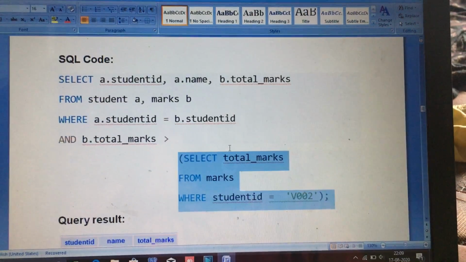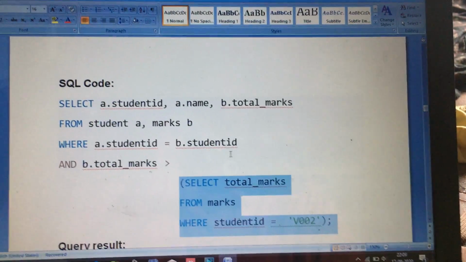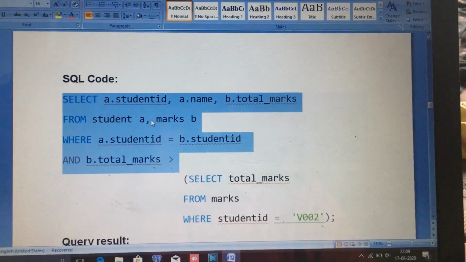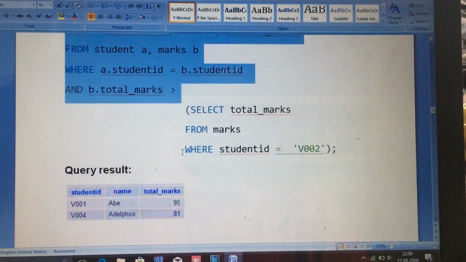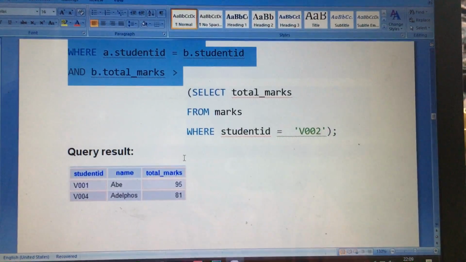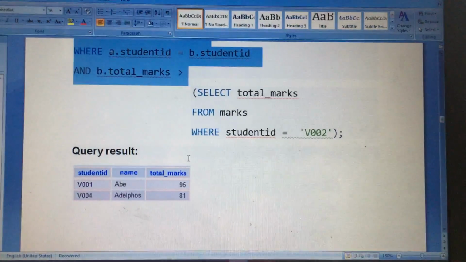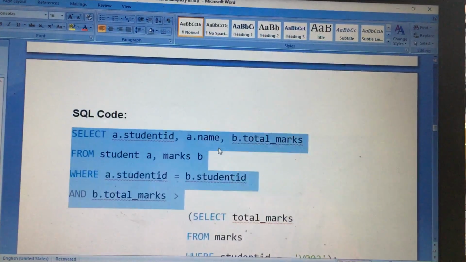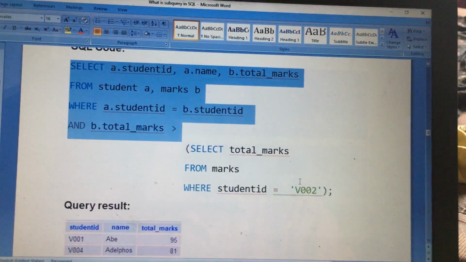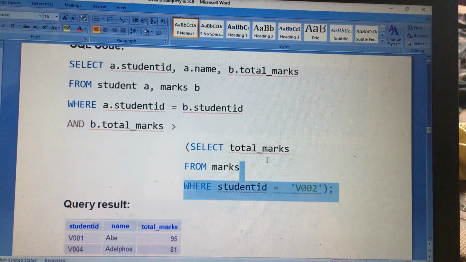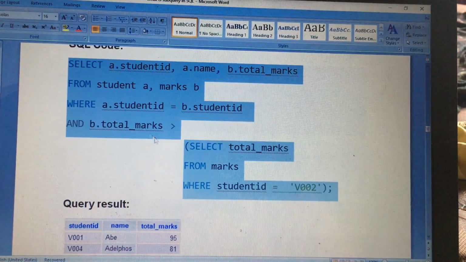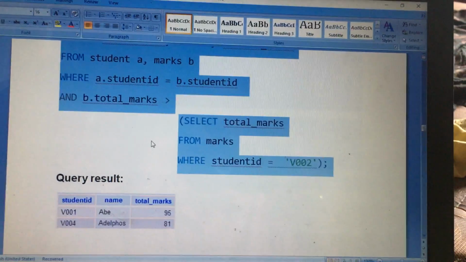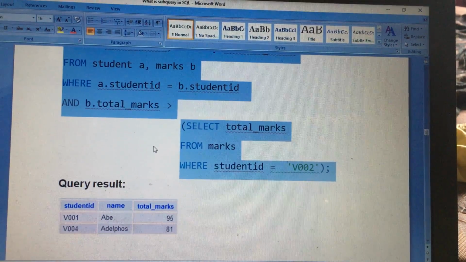In the inner query you get the total marks, and in the outer query you get the students, so by using this query you get the same result. By using this subquery you can get the same result, so there is no need to write separate queries. This is the benefit of subqueries.